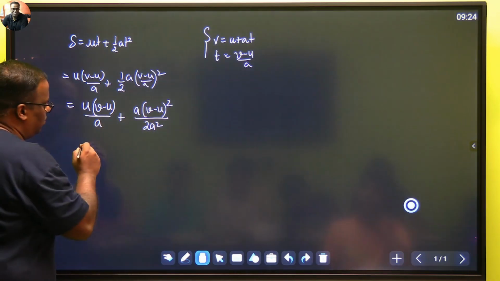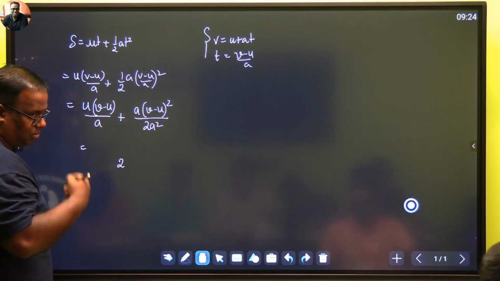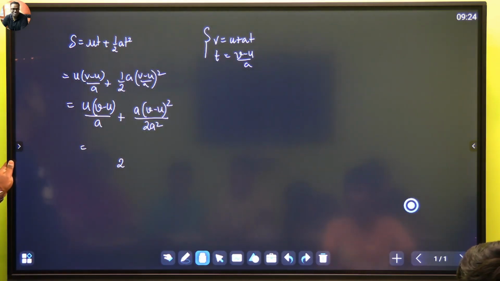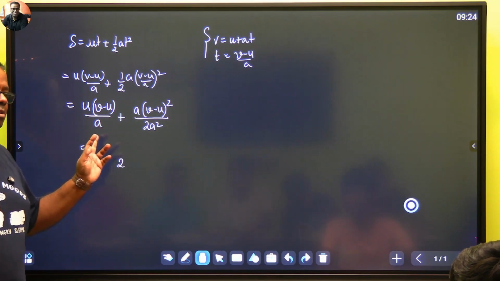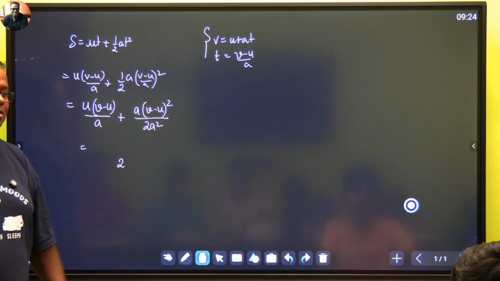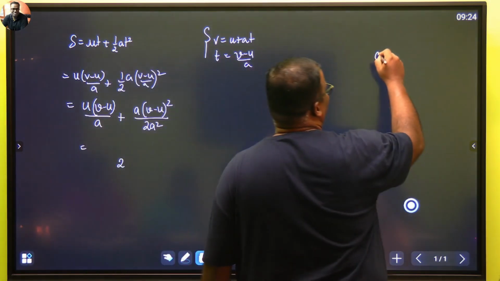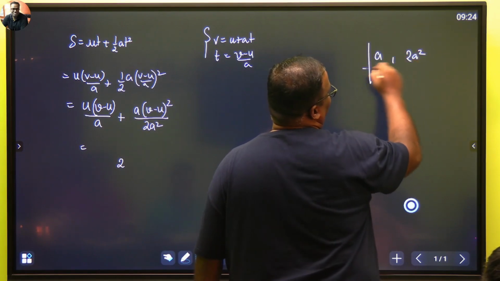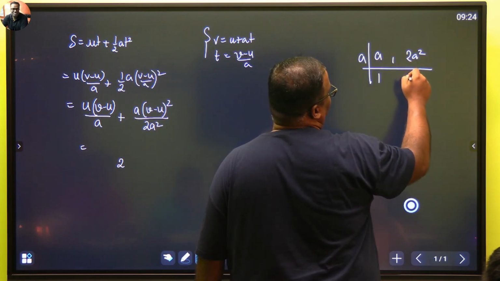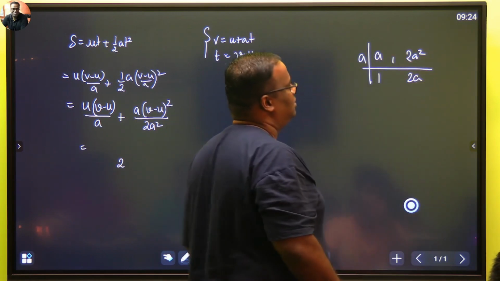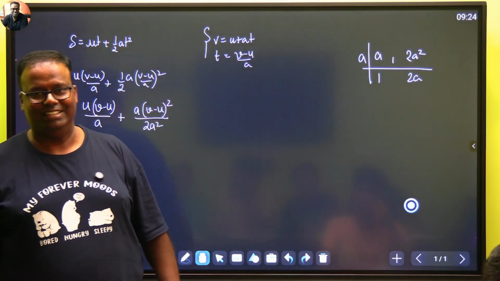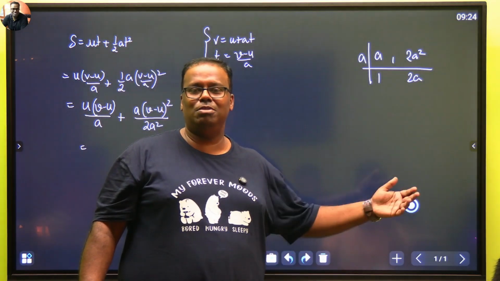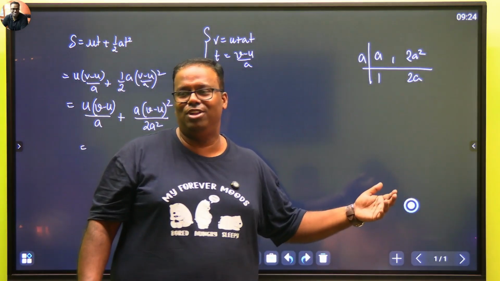a and 2a square. What should be the LCM? a and 2a square. LCM is always the bigger one. a. Hey, is not 2a square. ये a दे सकता है. लोएस्ट कॉमन मल्टीपल ये a दे सकता है. a और 2a स्क्वायर. इसका एलसीएम निकालो ना. a से करेंगे तो a1. ये क्या रहेगा? 2a. Can't make the bigger multiples. Lowest common multiple. Very nice. He's saying you can't make a bigger smaller. So what is the LCM?